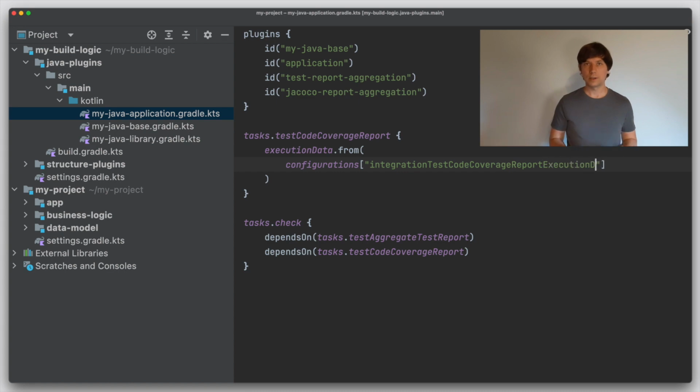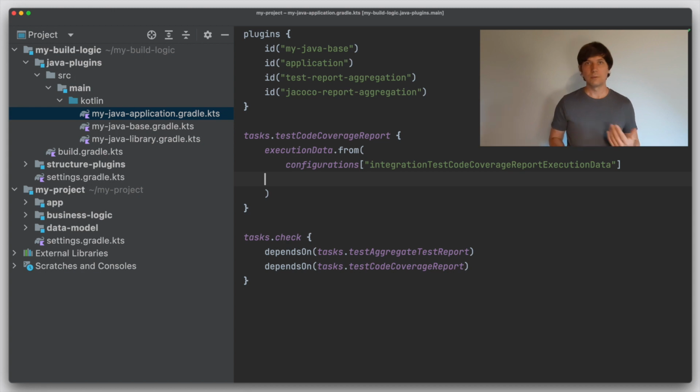We can add more data here, because test execution data is an input of the task, and we can find that there is a configuration called integration test code coverage report execution data. This is set up by the aggregation plugins where all the execution data of the integration test is collected.